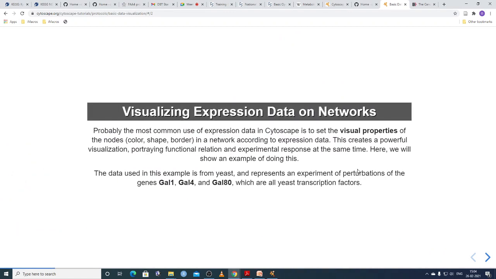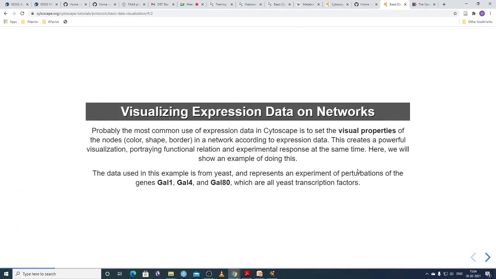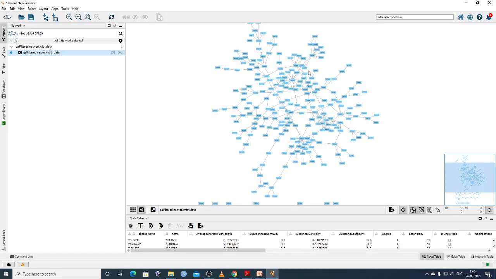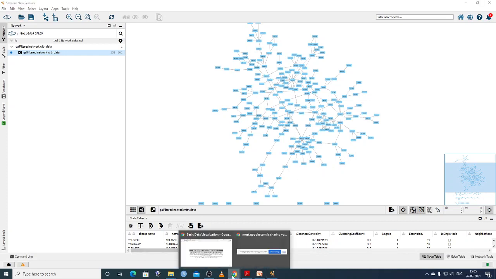Next, visualizing expression data on the network. Probably the most common use of expression data in Cytoscape is the visual properties of the nodes, meaning the color, shape, and border in the network according to expression data. Differently expressing genes should have different colors. Do we have different colors here? Currently we don't. All of them are bluish.